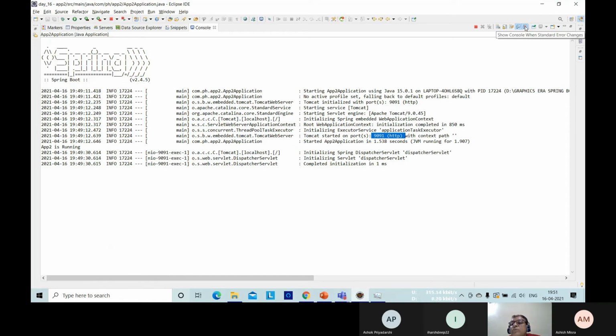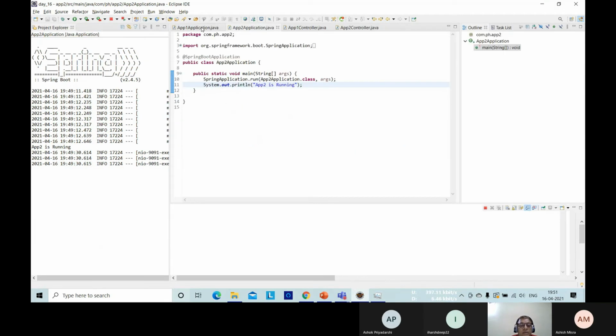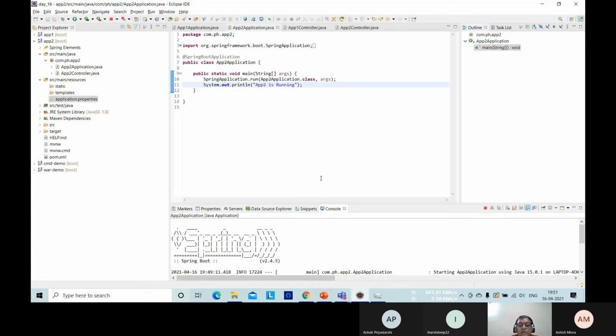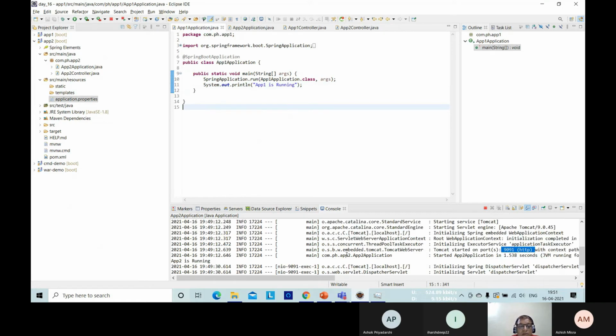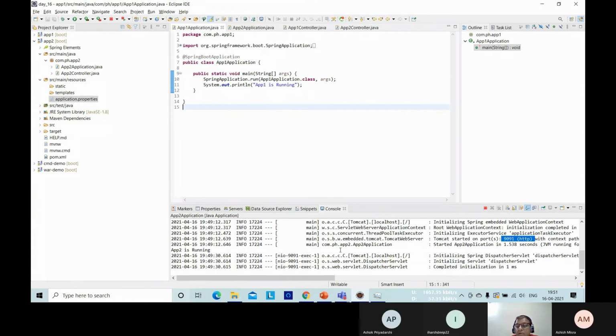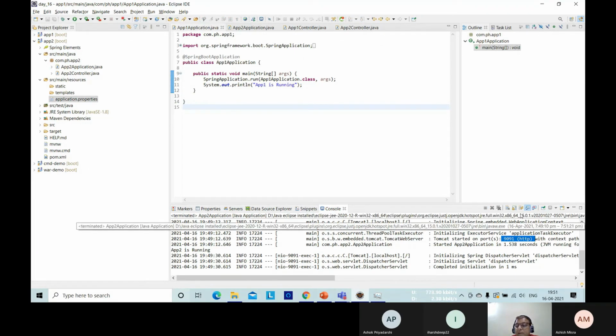So there is an error in the console. Let me see. Applications one is 9090. Let me close both the applications.